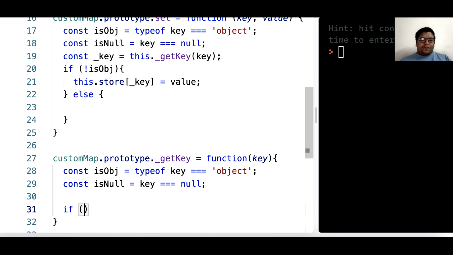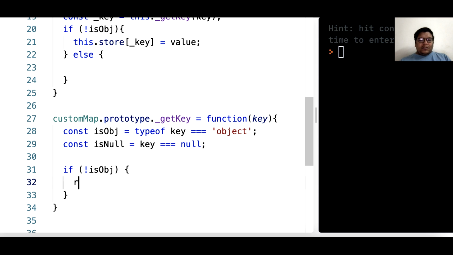If it's not an object, we can simply return, let's say we add something, question mark, and just key.